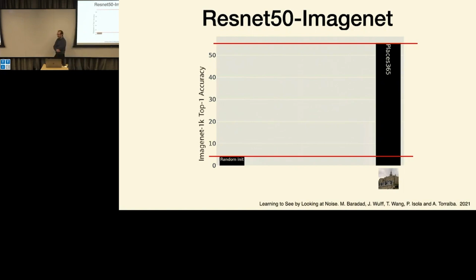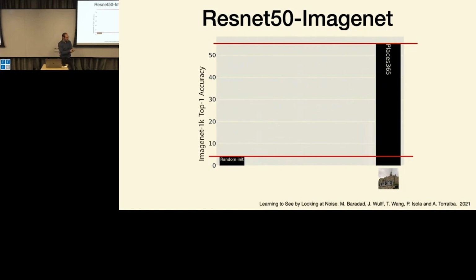Okay. Yeah. So is this a convolutional network? Yeah, this is a ResNet 50. Does the architecture matter? What if you have a randomly initialized ViT? That's a great question. We have tried this, and we have tried vision transformers, and I think it was very similar. So it doesn't matter too much, but we haven't compared that particular piece. Yes? You have local connectivity in both of those architectures. It does. Yeah. Even if the weights are random, you still have convolutions. So there is a lot of structural prior in these neural networks, and people have shown the image prior from a neural network that is randomly initialized.